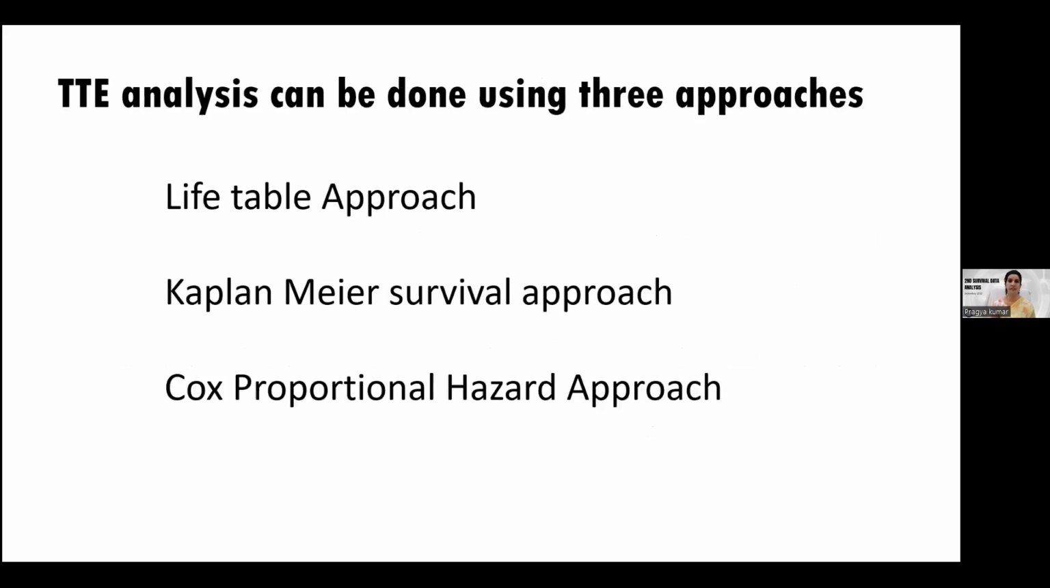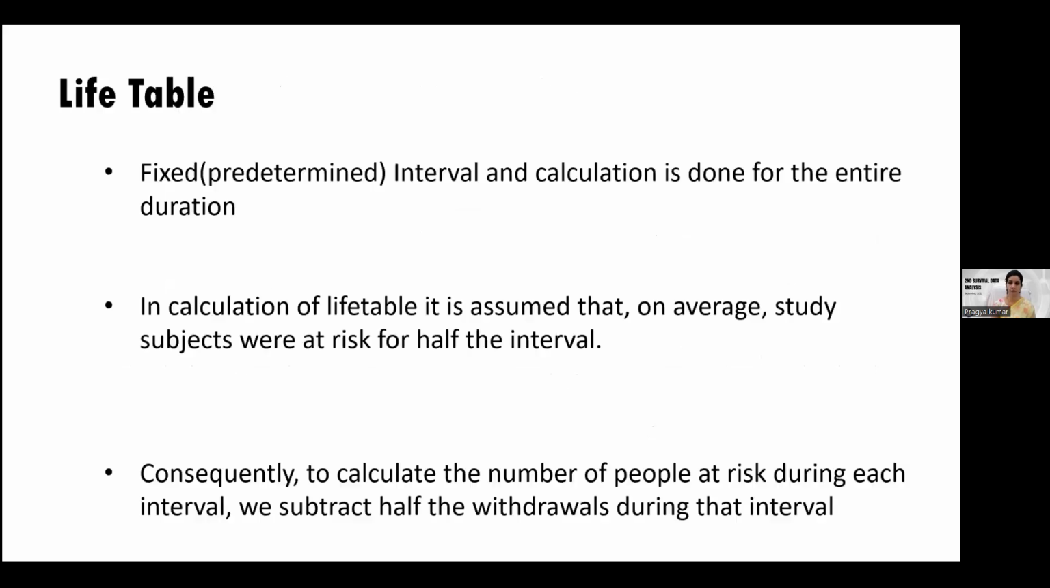So there are basically three approaches for survival analysis: the life table approach, the Kaplan-Meier approach, and the Cox proportional hazard approach. Coming to the life table approach, you have a fixed or predetermined interval, and the calculation is done for the entire duration. There you don't calculate the instantaneous rate, because you assume that the rate will be constant for that entire